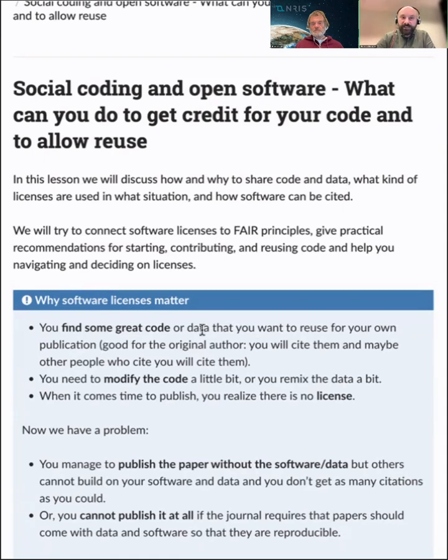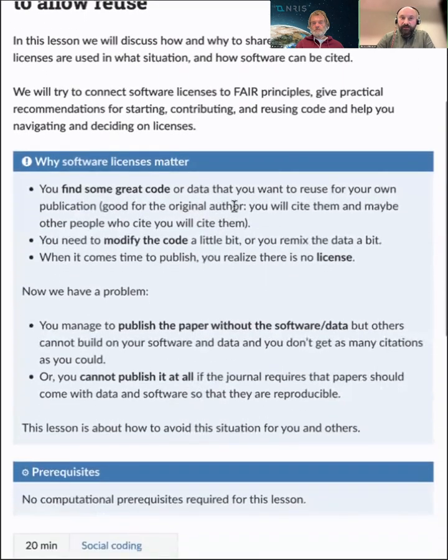So in this lesson, we will discuss how and why to share code, but also data, which is important. When it comes to sharing code and data, you will often hear the concept of licenses, which are like contracts defining the rules on how we share what we created and how we reuse what somebody else has created. Here it mentions the FAIR principles.